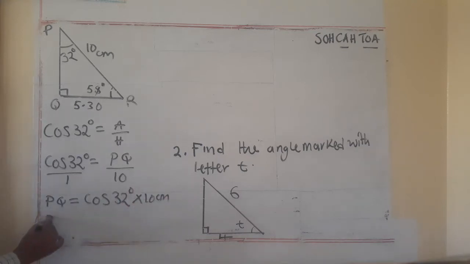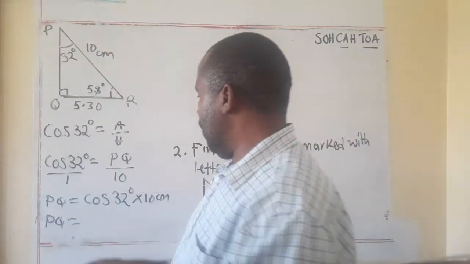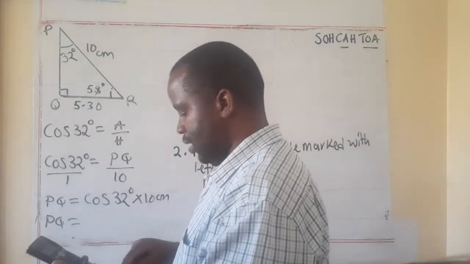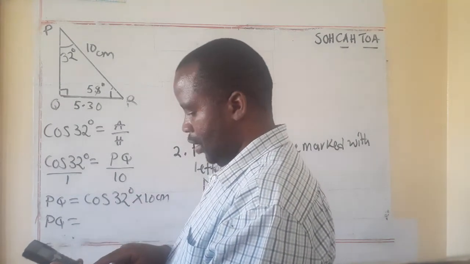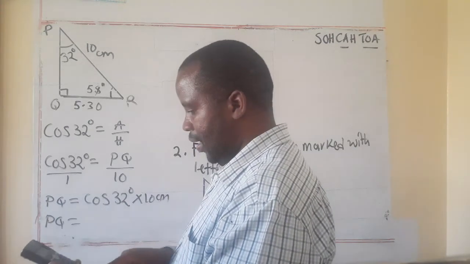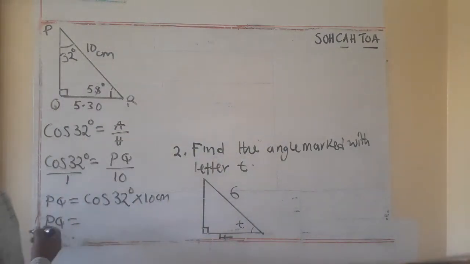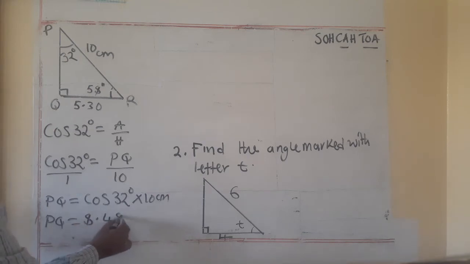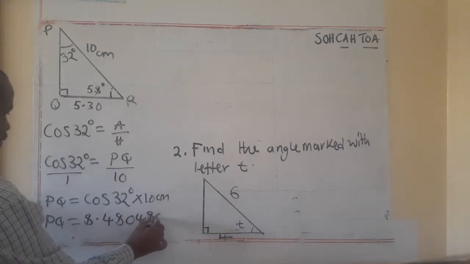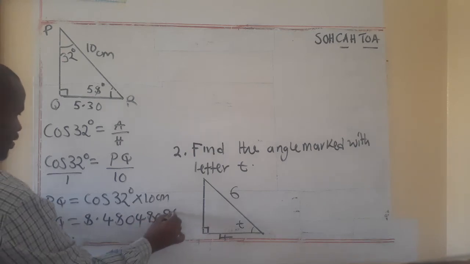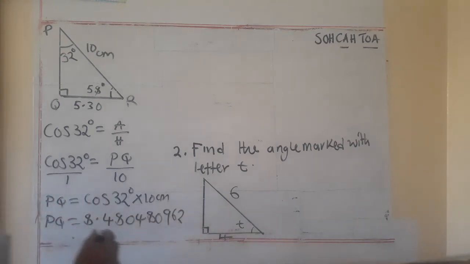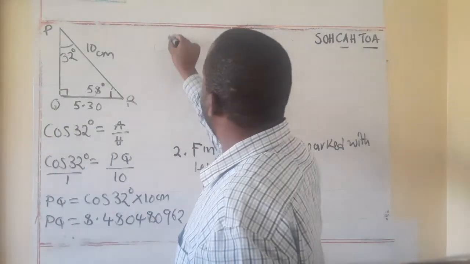So what is our PQ? Here you can just work it out on your calculator. You make sure your calculator is in degrees mode. So you say cos 32 multiplied by 10. And what do we get? We get 8.480480962. If you round it off to 3 significant figures, we have PQ